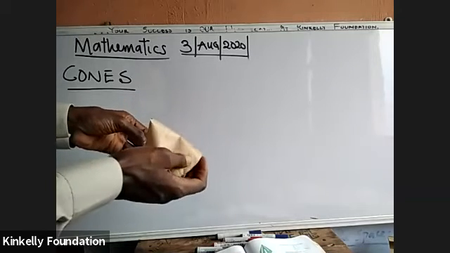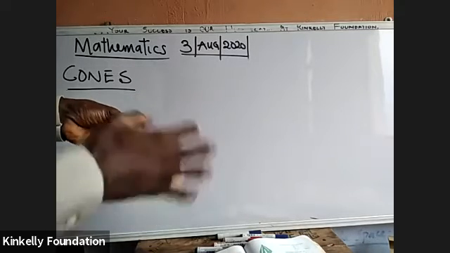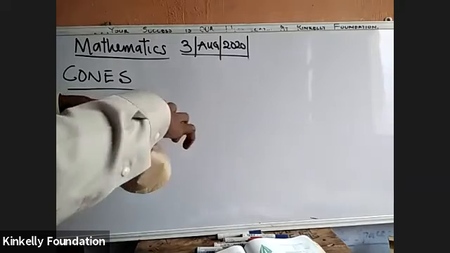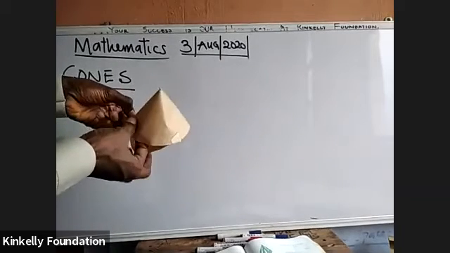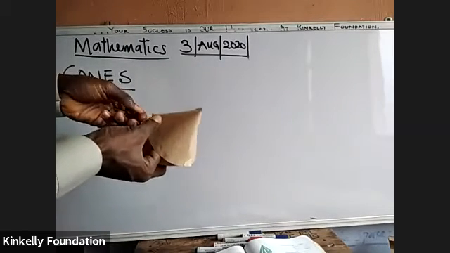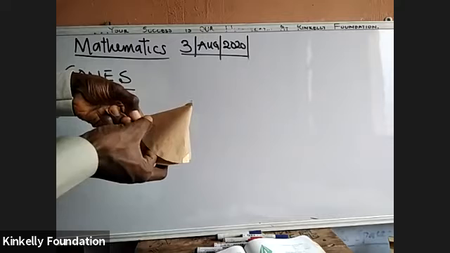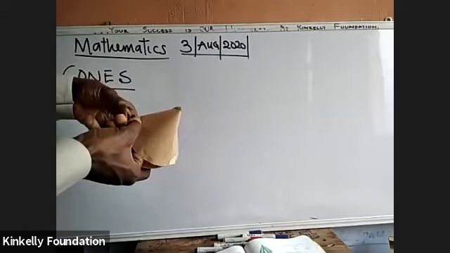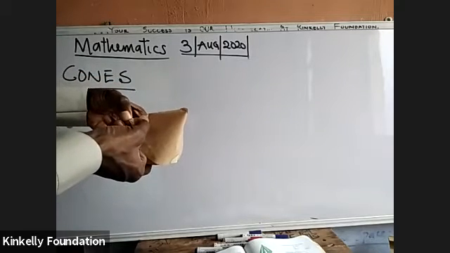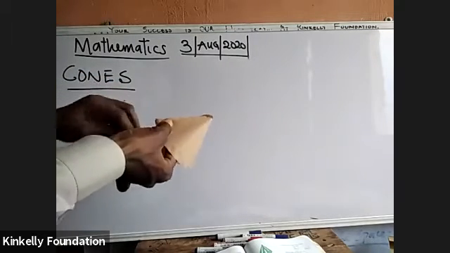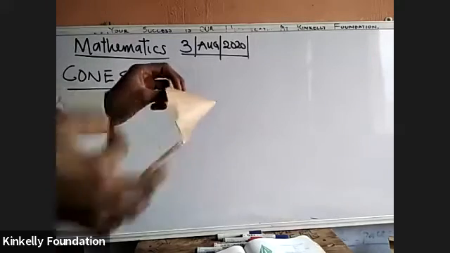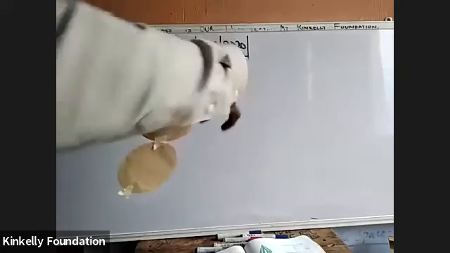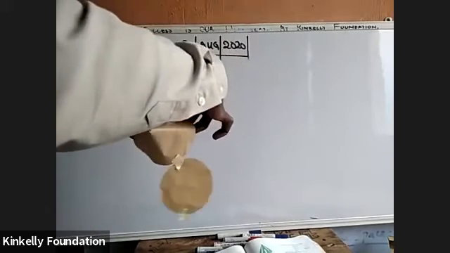When you open up a cone, what do you have? Let us see the components that make up a cone. A cone has a net. And what is the net of a cone? It is what we get when we open it. The first one we have here is the circle. And now the second one we have